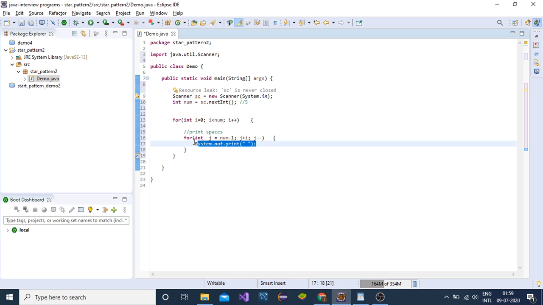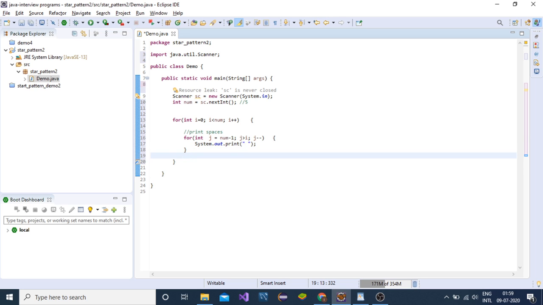In the second time the value of i will be 1. It will go and it will run till the 2. Once the value of j will be 1, then it will return false, so it will run 3 times.